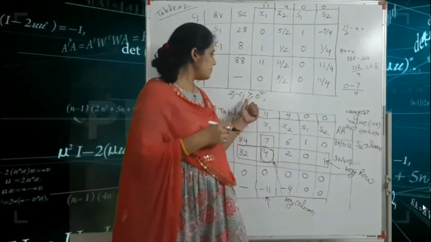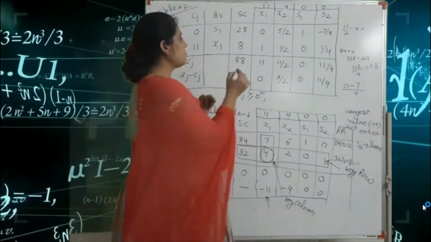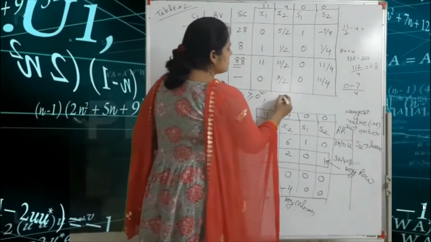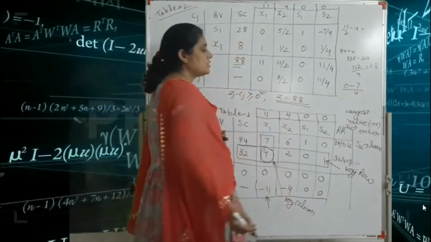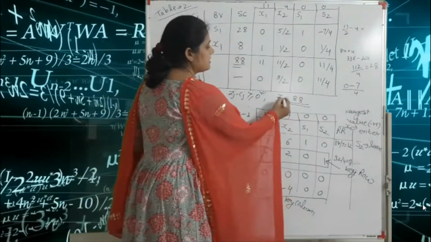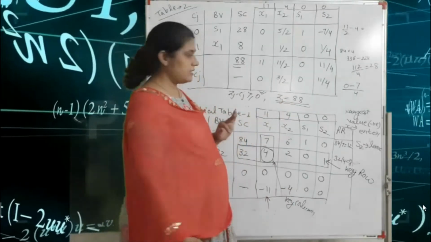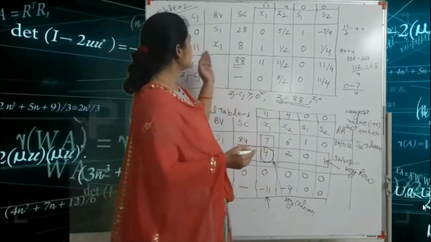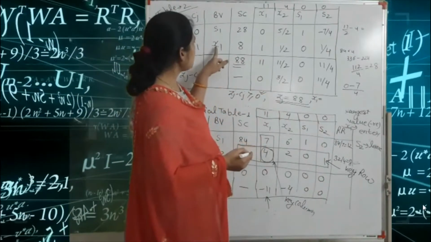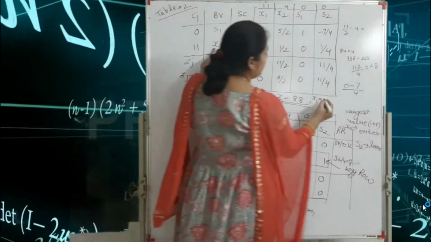Okay, so Zj minus Cj is greater than or equal to 0, so Zj, this value, is our final answer. So Z is equal to 88. Okay, so this is our final answer. That means maximize Z is equal to 88, and here x1 is equal to what? So always you write here the solution constant. Okay, so x1 is equal to 8.